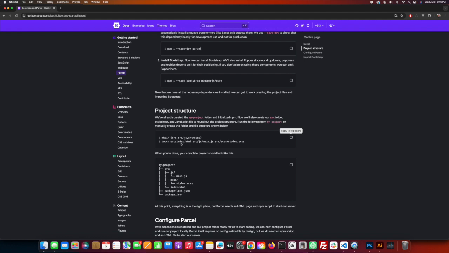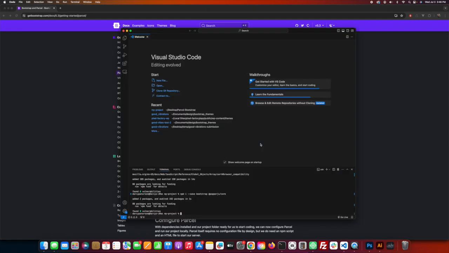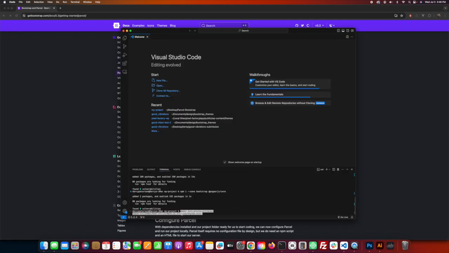And then it's gonna create these files, the index.html file, and inside of the JS folder, it's gonna make the main.js file, and then inside the SCSS folder, it's going to make a styles.scss. That's for your Sass. So let's go back to my terminal, pop that in,